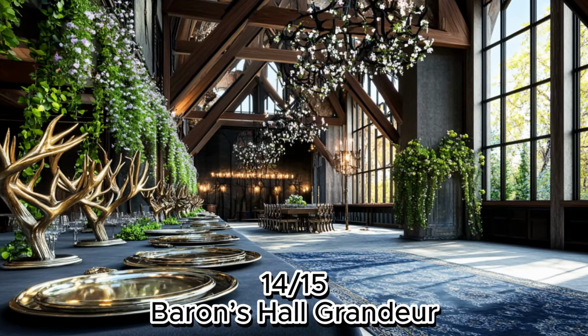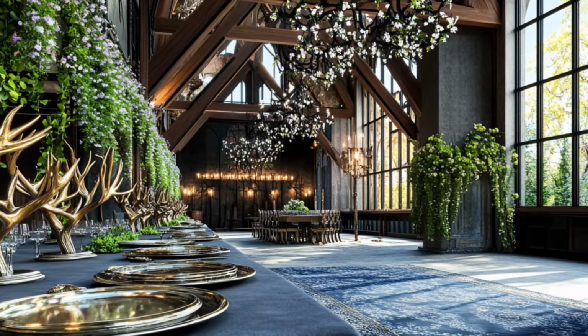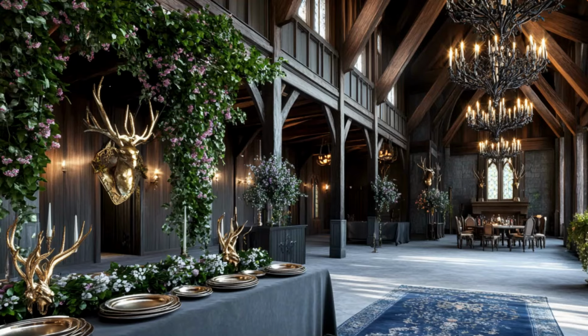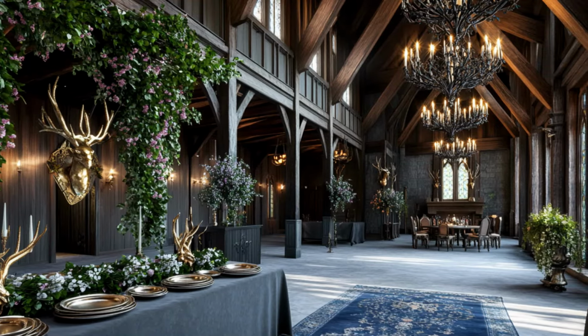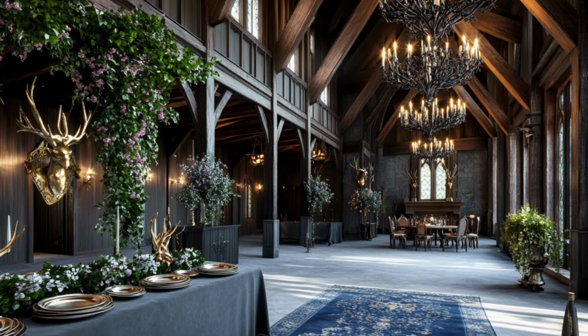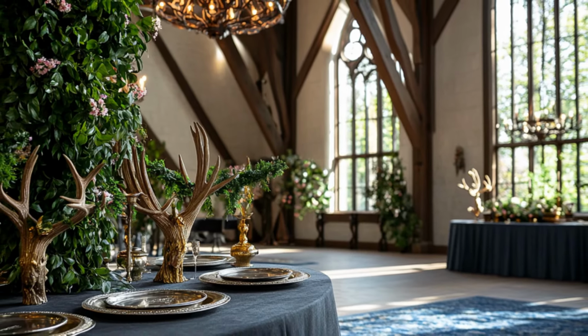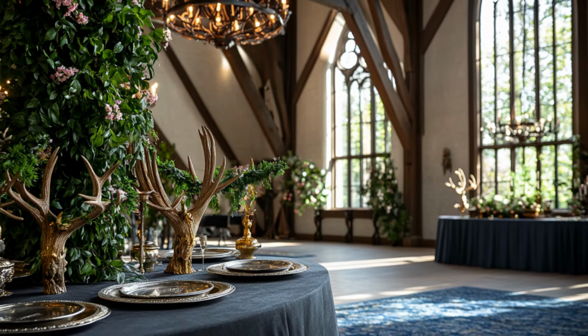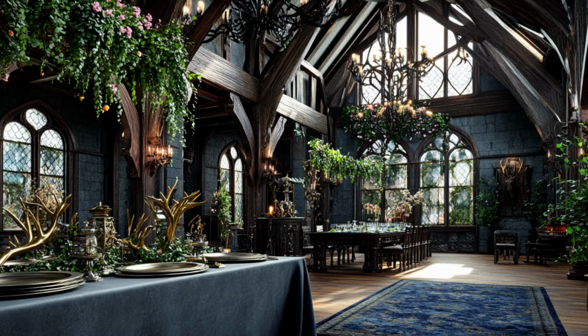Idea number 14. Baron's Hall Grandeur. Capture the splendor of a medieval estate with this bold decor. Imagine a grand hall with a high ceiling, its beams draped with garlands of greenery and white blossoms. A long table is covered in a charcoal gray cloth, topped with silver platters and a centerpiece of gilded antlers